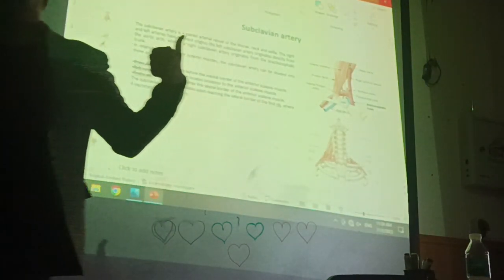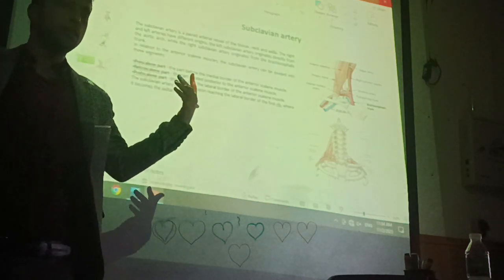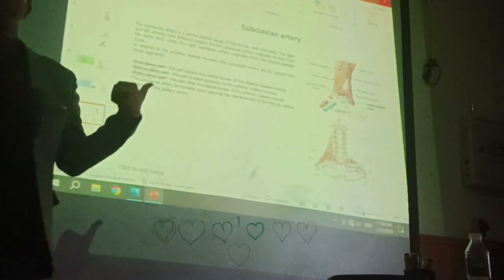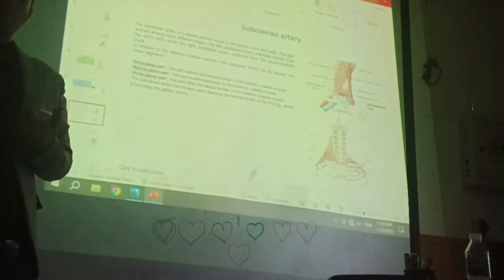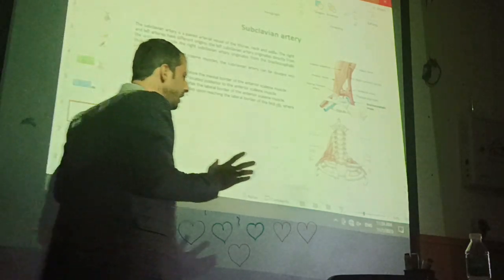The dorsal scapular artery, on the left and on the right, is derived from the third part of this artery. Okay? In the right